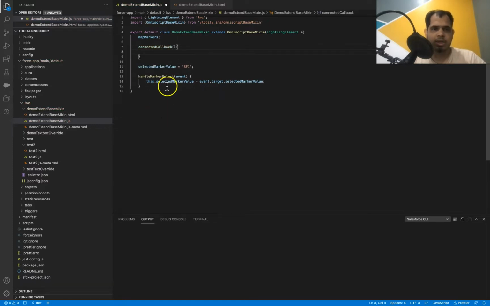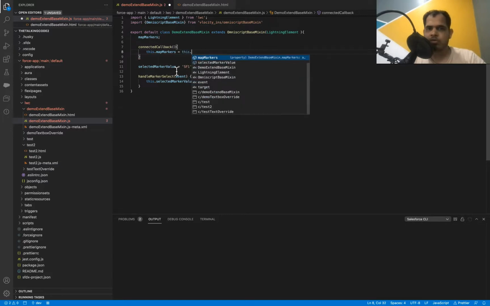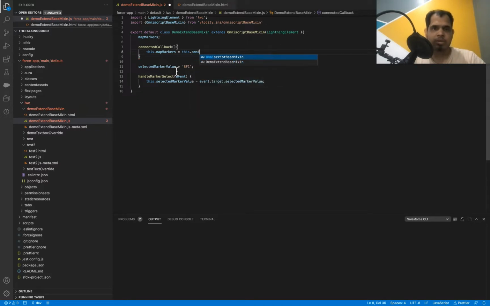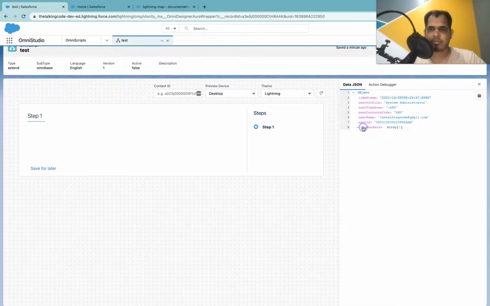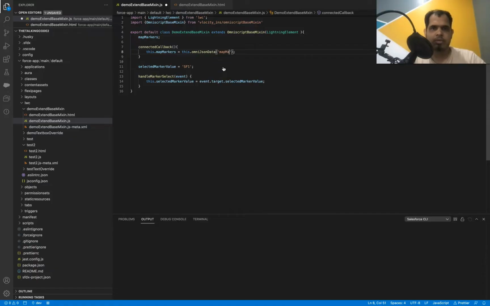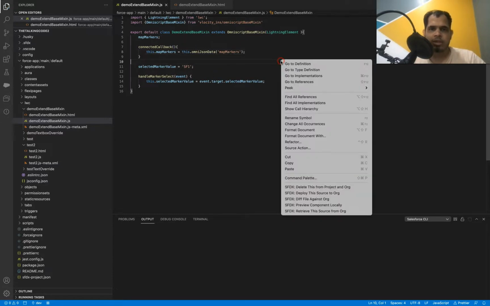Inside the callback we will set this.mapMarkers equal to, as I told you, if you want the data from the data JSON, you need to use this.omniJsonData and pass the key inside this. So the key should be mapMarkers. Okay, that's it. Let's push it.